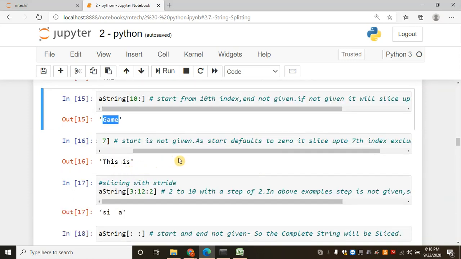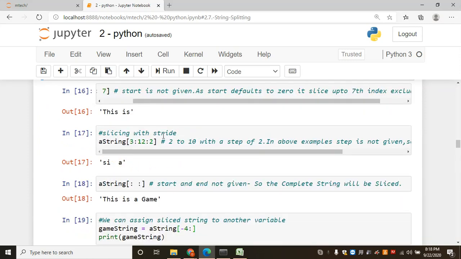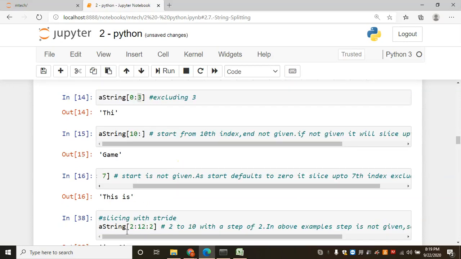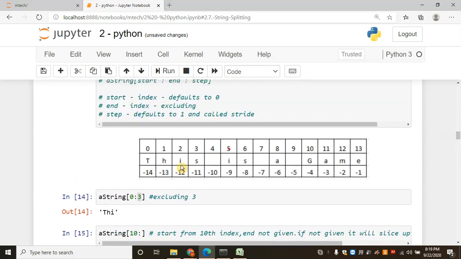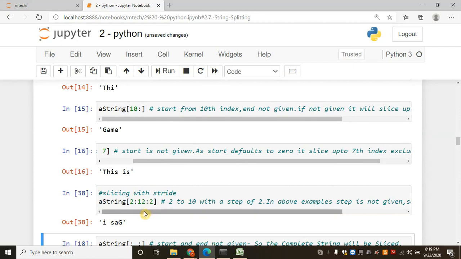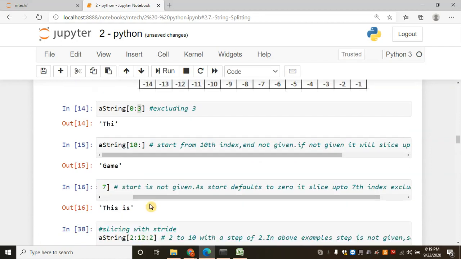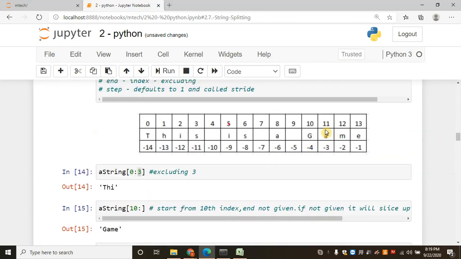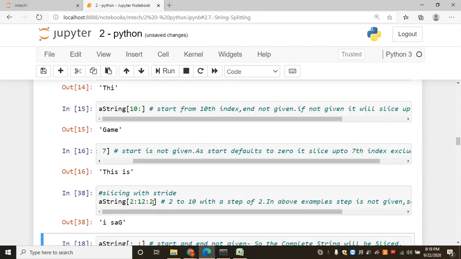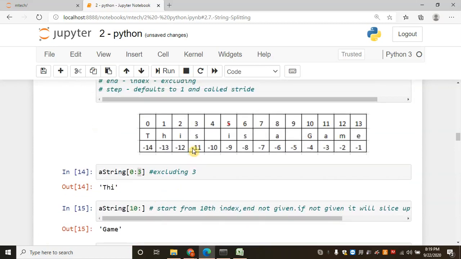We got it printed. Now slicing with stride. Here start from index 2, which is i, and slice up to 12 but not 12. Then it will slice up to 11. But we have given a stride of 2, which means slice every second element. Starting from 2, it will slice every second element. So it will slice 2, 4, 6, 8, 10.